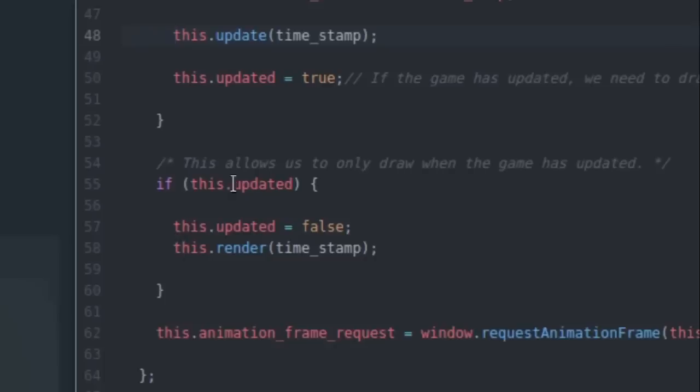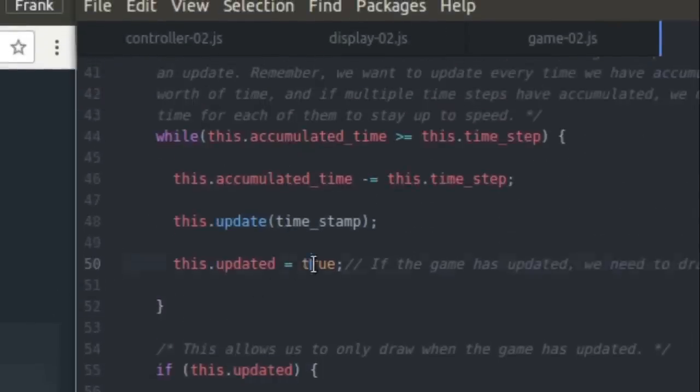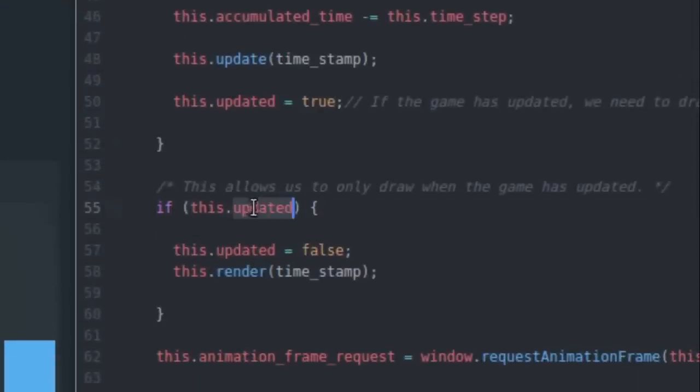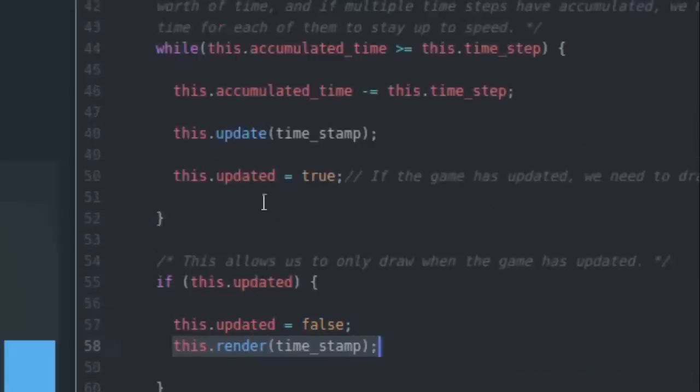So now down here we have the updated flag. Basically, we turn that flag on, we set it to true anytime we do an update. And then if it is true, if we have updated, then we're going to call the render function, and that's just going to draw our game. So why is this good? Well, let's say